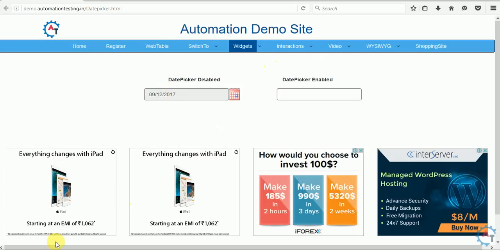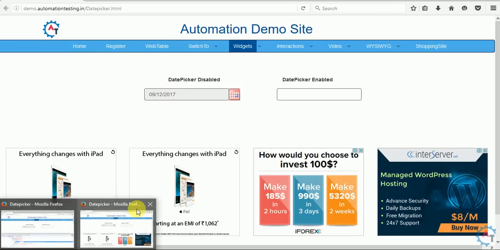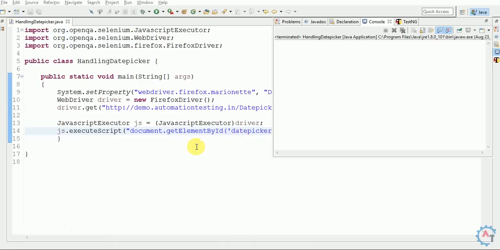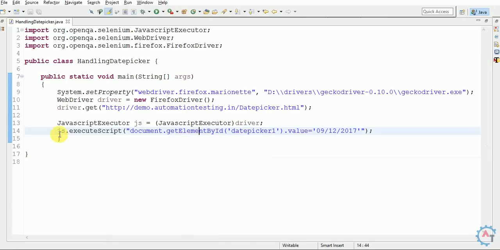See, this way you can handle the date picker very easily. Only 2 lines of code. You have to create an object for this, and you write document.getElementById. You give the ID and then set the value, whichever value you want. The simple way to handle the date picker. No need to write XPaths, loop through, nothing.